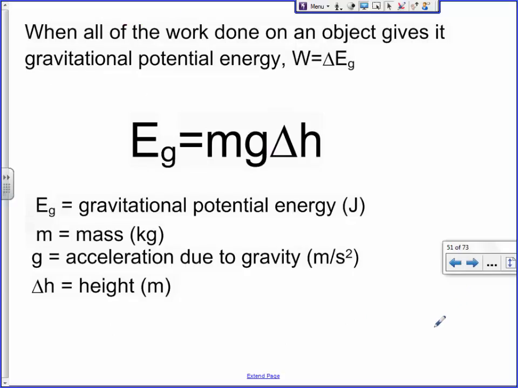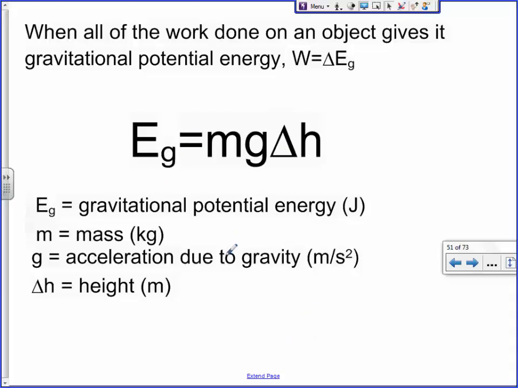Okay, here's the formula for energy then. The amount of gravitational potential energy you have is then the amount of mass you have times gravity, which is kind of what the last formula was. But we got to throw one more thing in there. Height. If I were to drop a bowling ball on my foot from this high above it, it's not going to feel good, but it's not actually that bad, right? If I were to drop a bowling ball on my foot from a big distance, you guys can intuitively guess, right? That's going to have even more energy transfer. More work is going to have been done.